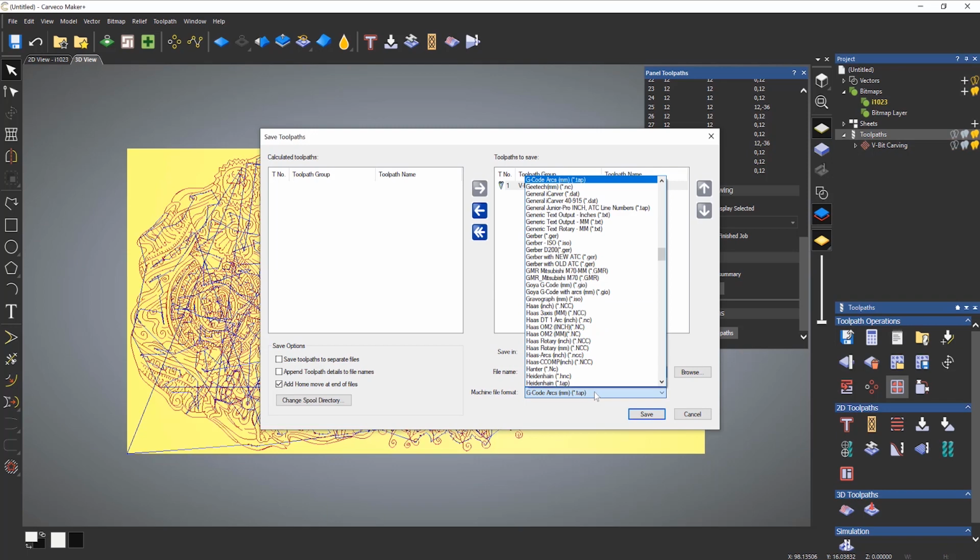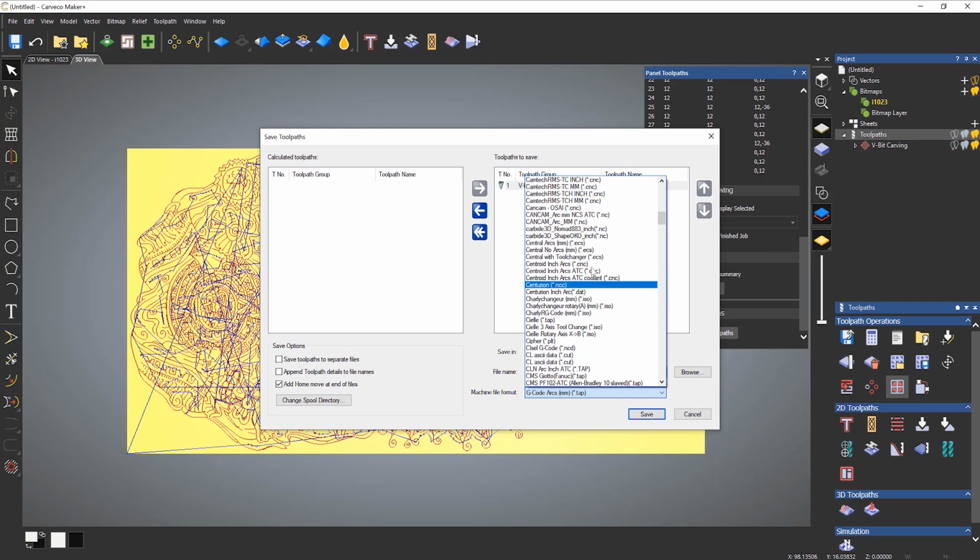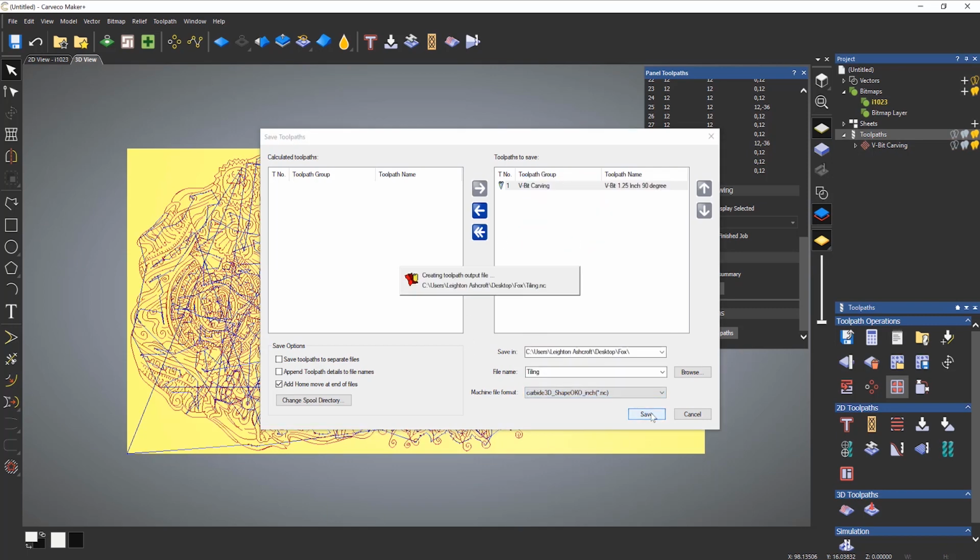This is basically a converter that converts the information from Carveco into a format that your CNC machine will understand. So if I come up to a Shapeoko inch, click Save,